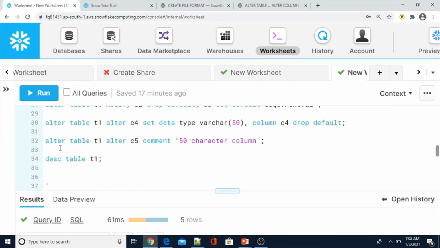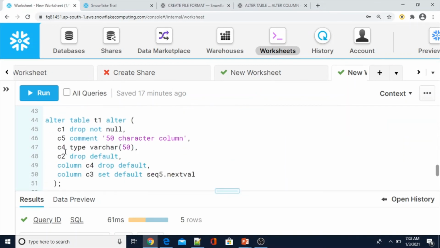In the earlier syntax it was C4 SET DATA TYPE VARCHAR 50, instead of that it is simply C4 TYPE VARCHAR 50, C2 DROP DEFAULT, C4 DROP DEFAULT, C3 SET. Even the order of the columns has been changed.